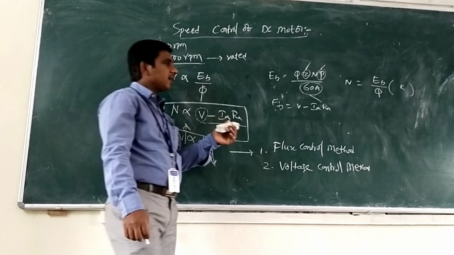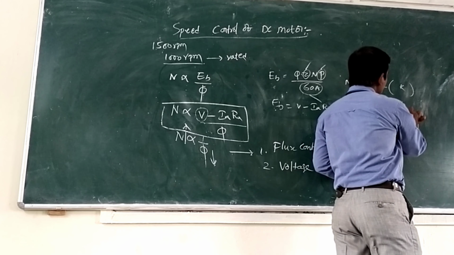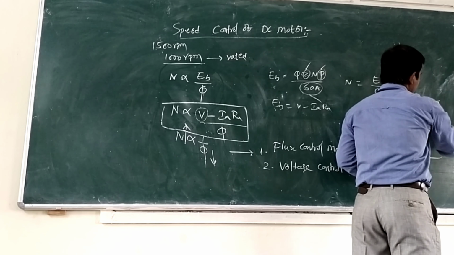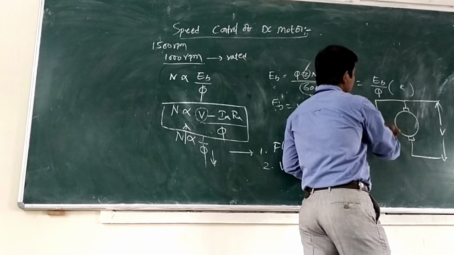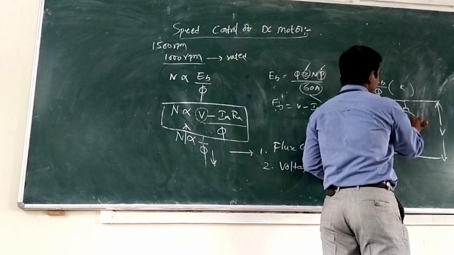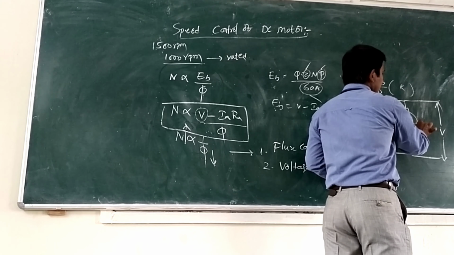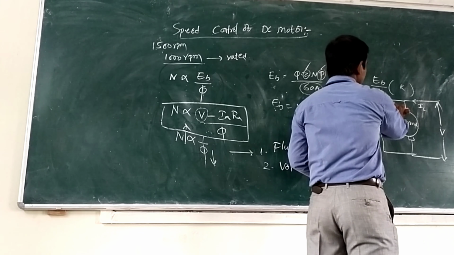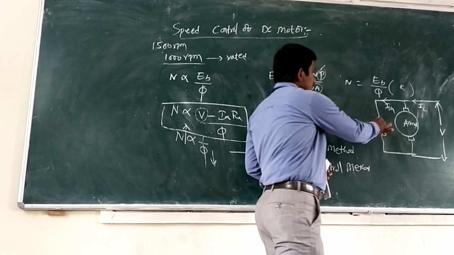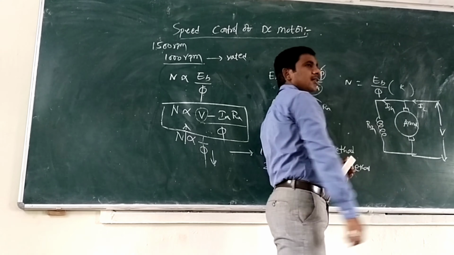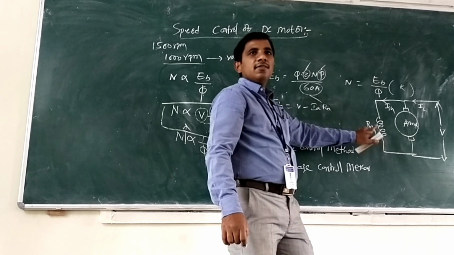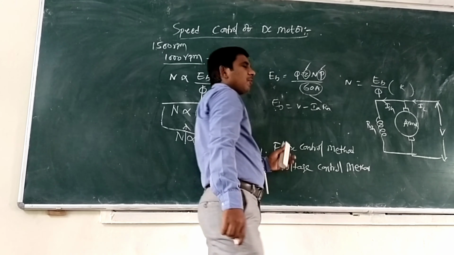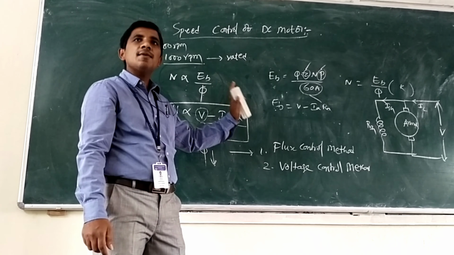You know the DC shunt motor construction, similarly the block diagram. This is the DC shunt motor block diagram. The shunt field is connected in parallel with the armature. This is the armature winding. This is IL, the supply voltage V, and this current is ISH. This resistance is known as the shunt field resistance, or shunt field winding. The shunt field winding produces the magnetic flux. In a DC motor, magnetic flux is provided by the field winding.